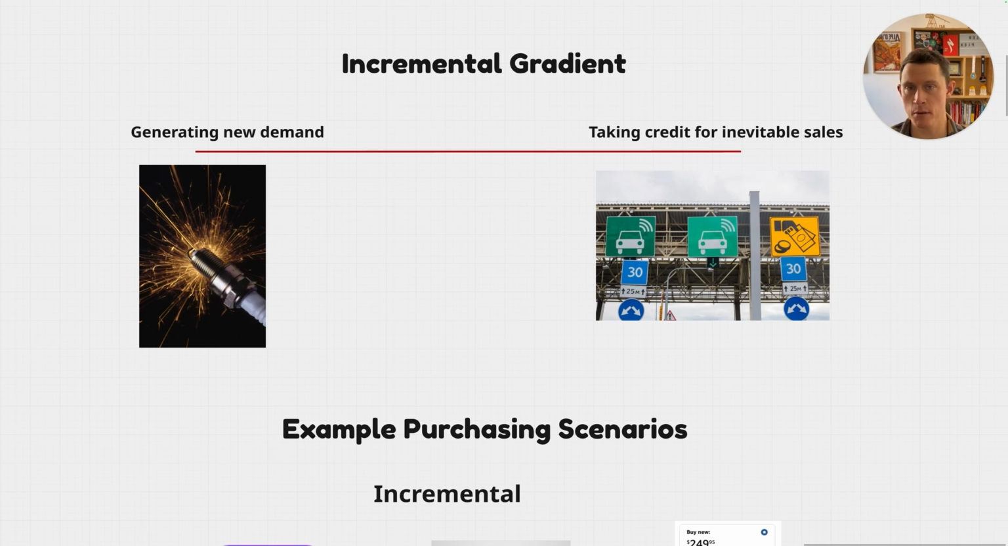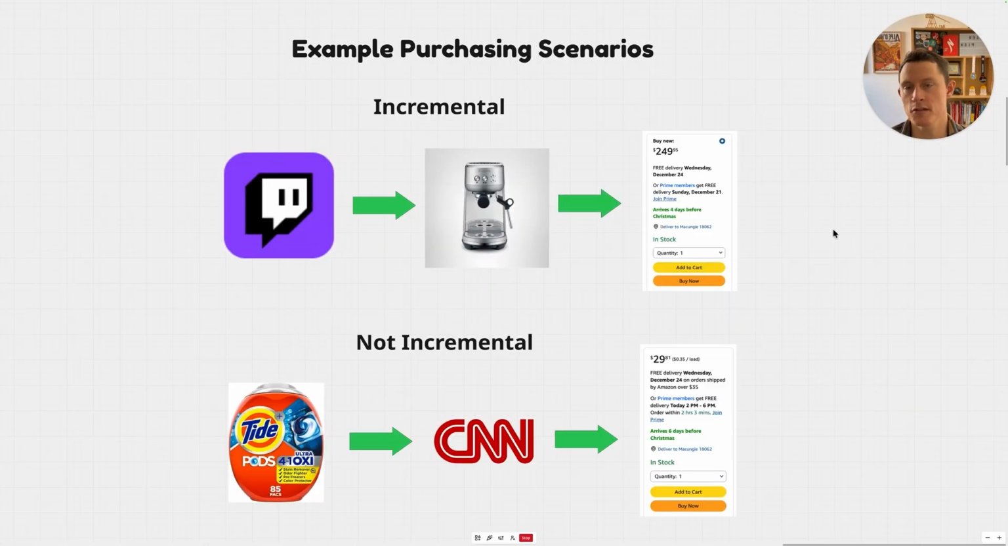You wouldn't see a campaign that is purely generating new demand or one that is 100% taking credit for inevitable sales. And part of what we're doing with this video is trying to dismantle this notion, take it apart, examine it, and see how we can actually make sense of this. So to illustrate this point a bit further, let's look at some example purchasing scenarios that are incremental or not